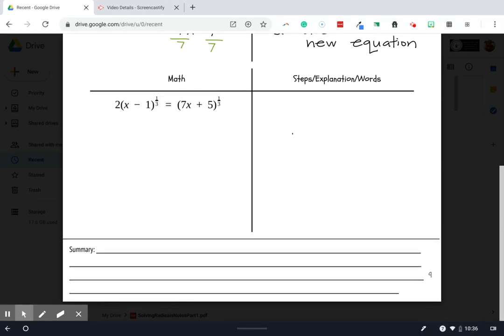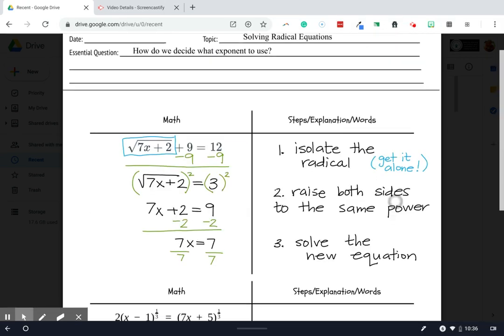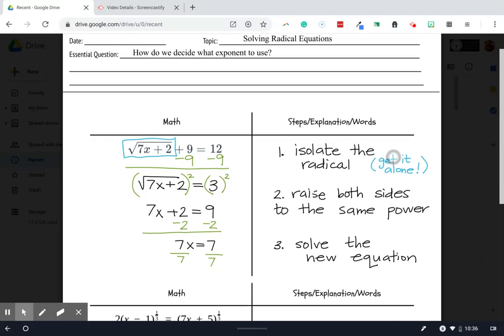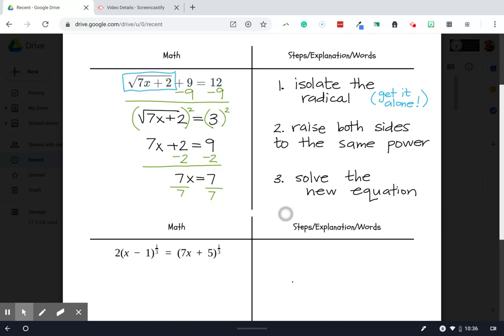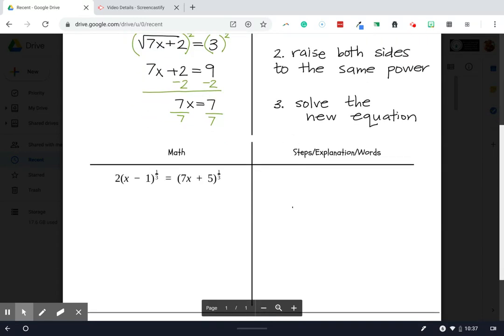Hey guys, so we did this part of the notes in part 1. And so now we're just going to take a look at a second example here. The second example has a lot of the same steps, but it's a little bit different. And one of the key ways that it's a little bit different is in this second example,